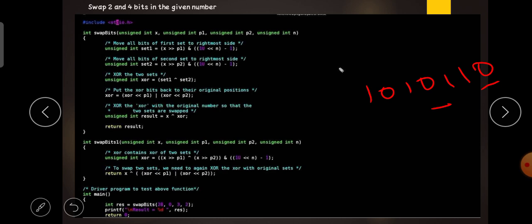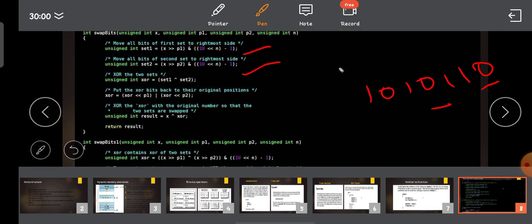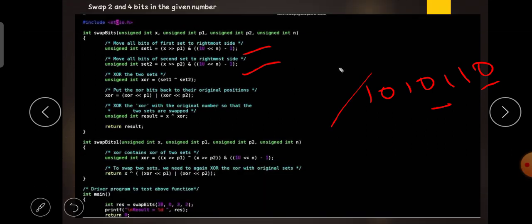First of all we get set 1. After that we get set 2. For example, n is this given code. This is n, and x is left shifted by p1, and long unsigned int is x right shifted by p1, and long unsigned bit is left shifted by n, and these are minus 1.